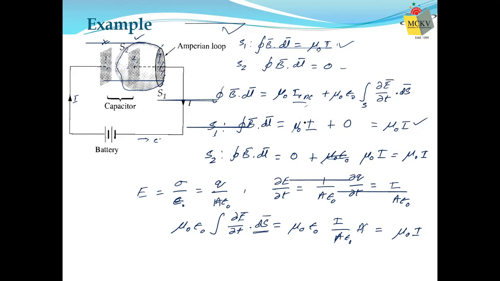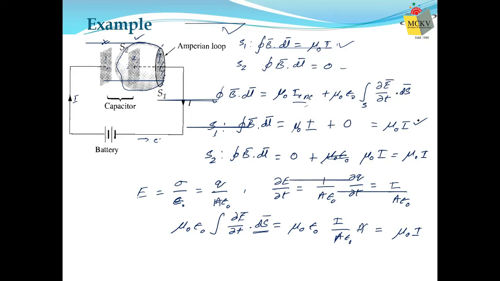But now due to the second term, dE/dt, we can get some value. And how can we get it? We know that between two plates of a capacitor there must be an electric field, because one plate is positively charged and one plate is negatively charged. From our 10 plus 2 knowledge, the electric field is sigma by epsilon naught, where sigma is charge per unit area. Therefore, in dE/dt, with epsilon naught constant, the only variable is charge. So it will be dq/dt, which is nothing but current.